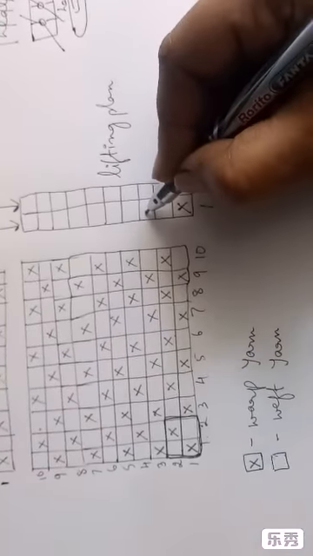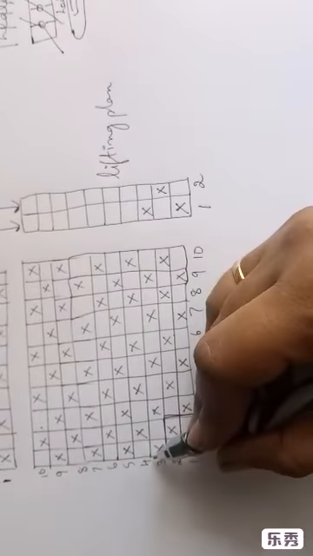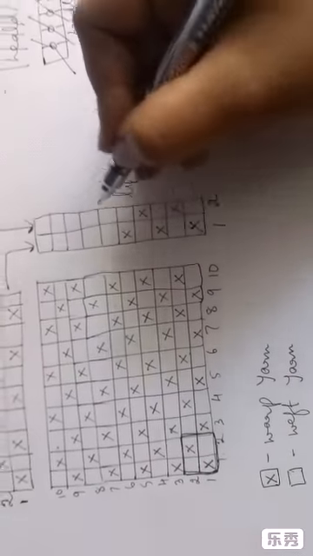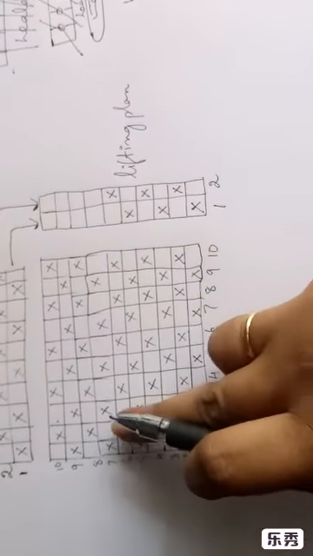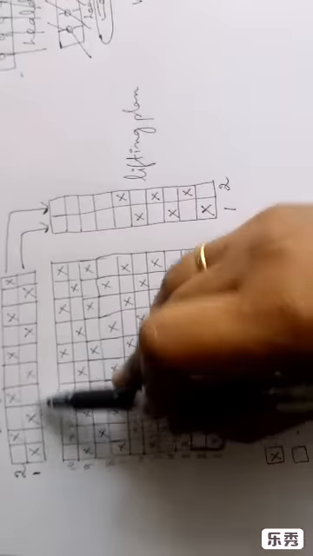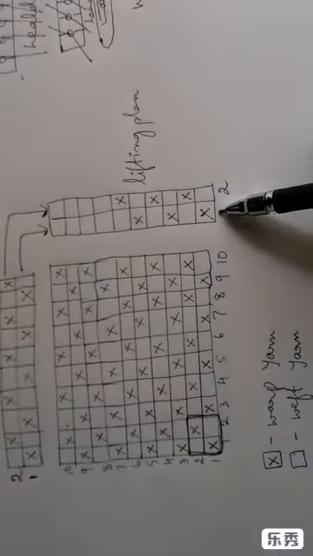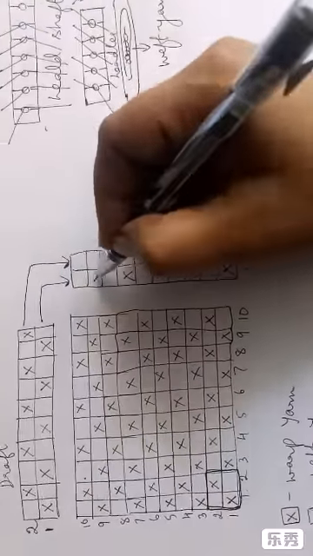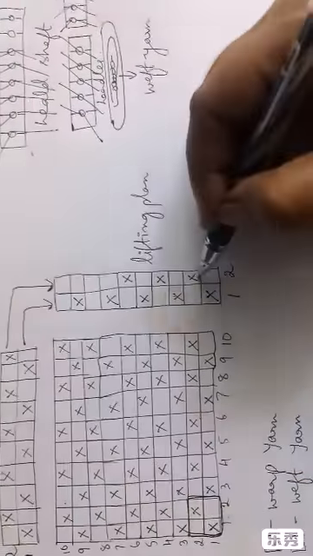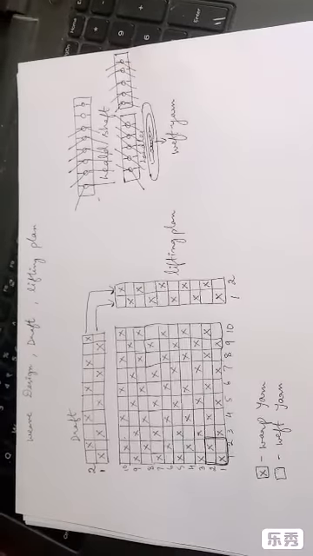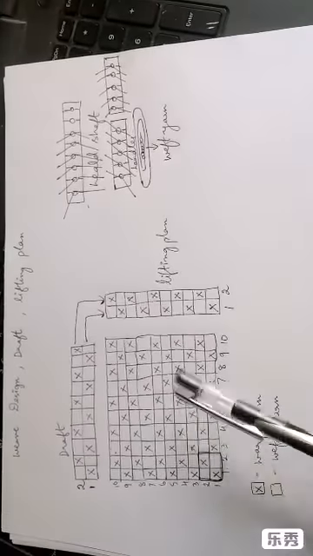Third row, again an X, here there is nothing. Fourth row, there is an empty box, I'm going to put it here. So this is how it is going to be. Just check the box here, check the up and down factor and put it here. If you come here this way also, it is going to be the same. One is here. You can check here also and you can check this portion also. So it is going to be an easy work. Second, fourth, sixth, eighth and the 10th. So this is your drafting and lifting plan of a plain weave design.